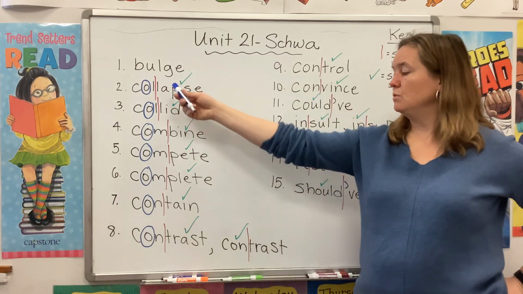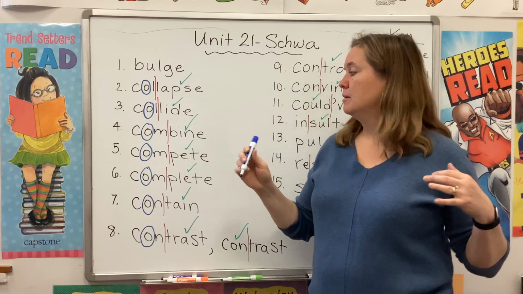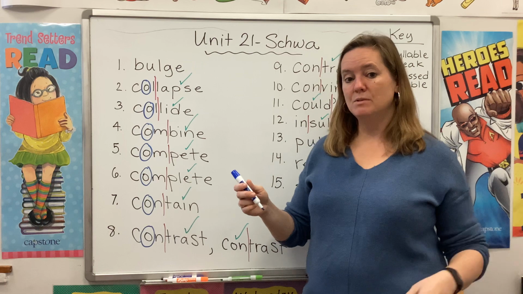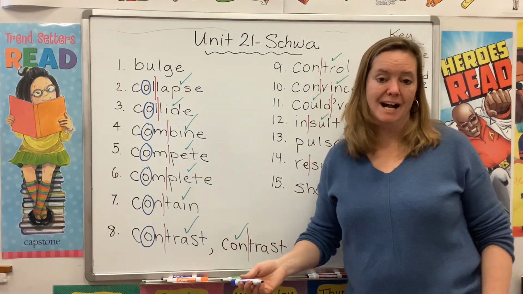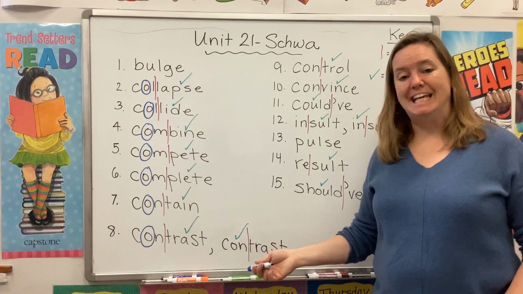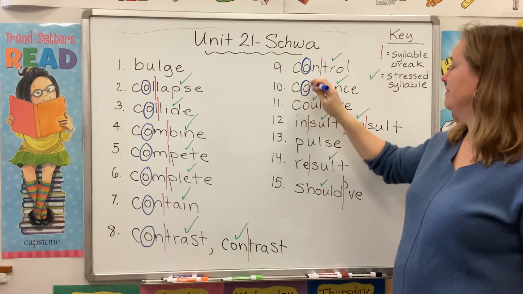In all of those words, our first syllable, our prefix, is unstressed, so the O makes an uh sound. Now in contrast, there is no schwa. We can clearly hear the short O and the short A. Control, convince,